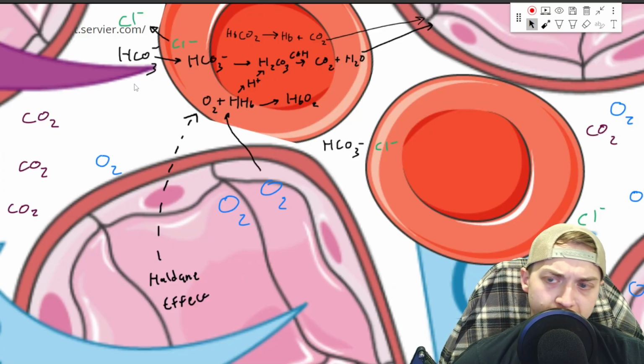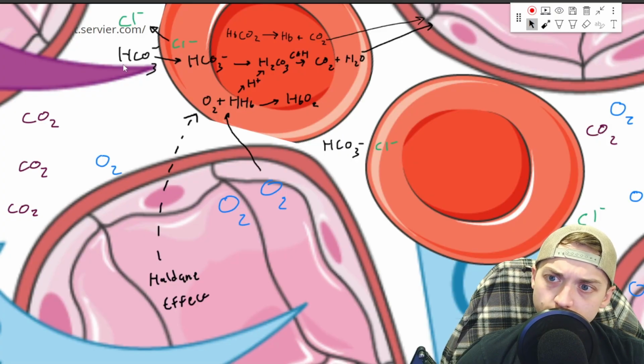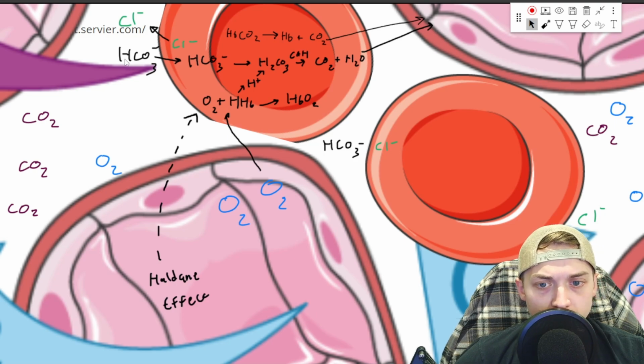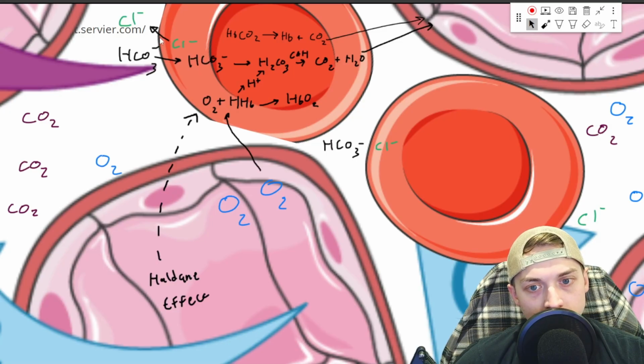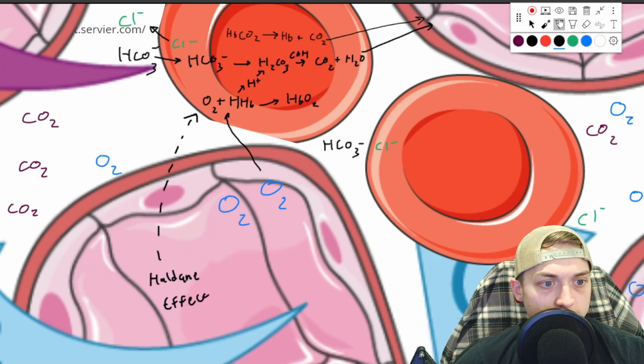Now, we got this bicarbonate ion that was hanging out that ditched from the blood cell. But now this bicarbonate ion is going to go back into the blood cell. And because remember, your cells like to be charge balanced, this chloride ion is going to leave. Now, in the cell, it's going to get turned back into carbonic acid. And then that carbonic anhydrase enzyme is going to leave behind a CO2 and water, which is going to diffuse